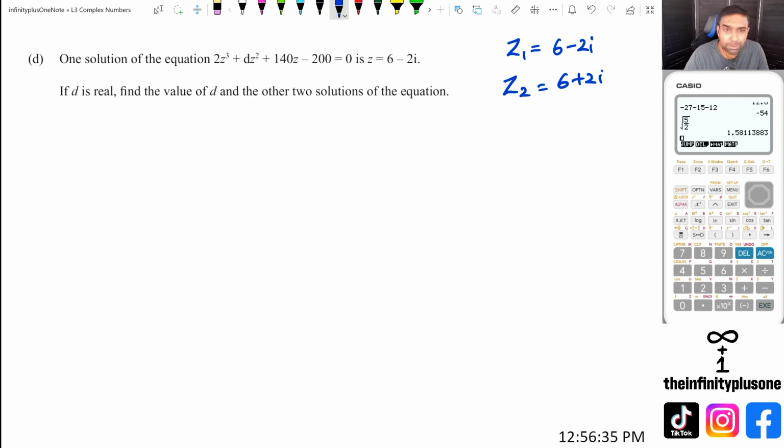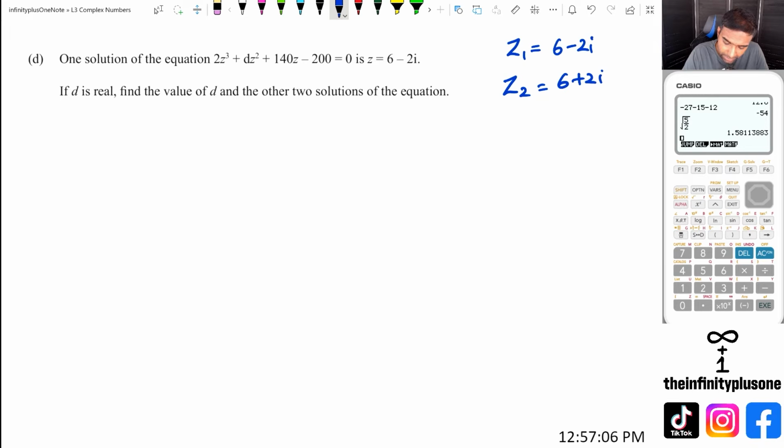And there's a couple of ways of doing this question, and I just want to double check what they have done here. The correct solution for d found, and solution for z2 and z3. Okay, so the way I would actually do this is, firstly, I'll try and figure out what the d value is. That's one way of doing it. The other way is, I would actually try and figure out the third solution and then put that in there. And I'll show you why, right? Because